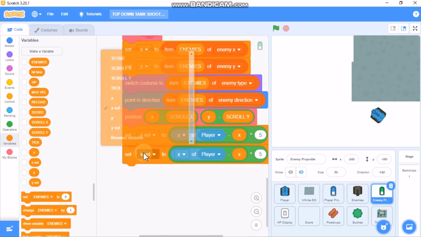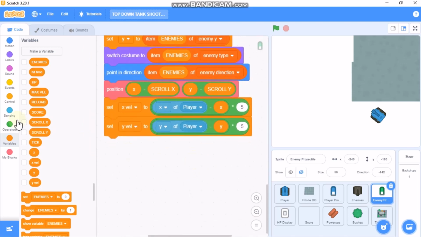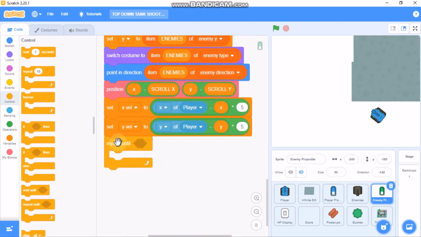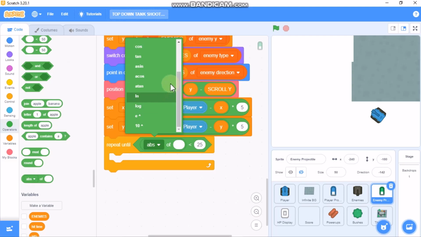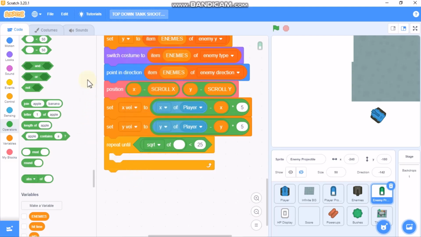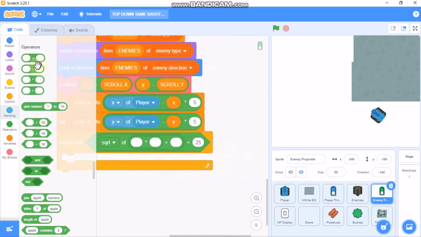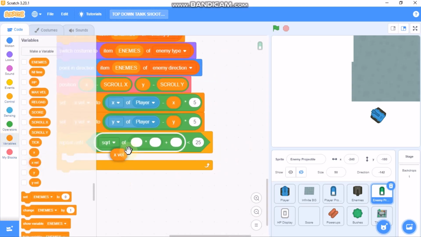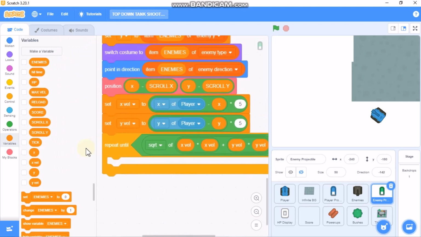So duplicate this, set our y value to y of player minus y times 5, and grab a repeat until, grab a less than, so 25, grab an ABS and change this to SQRT, or grab a plus and a times, so xvel times xvel plus yvel times yvel is less than 25, then we need to set